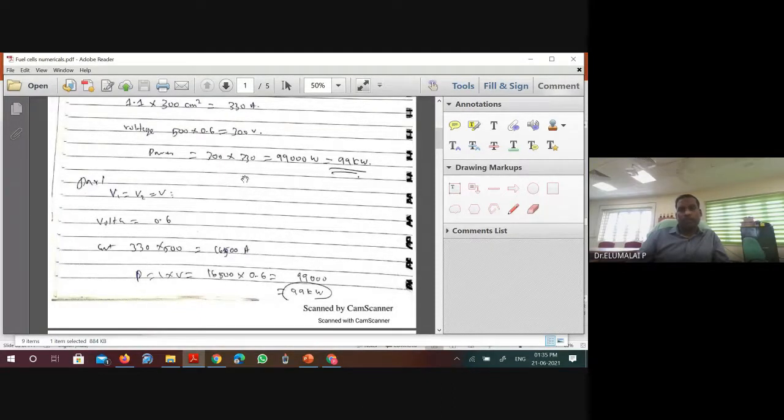What is the difference? This is connected in series and this is connected in parallel. Simple circuit. Here the voltage is 300, and here the voltage is 0.6 volts. But your application demands 300 volts. Which one will you choose? That is the question. It is obviously the series connection, because only that will give you 300 volts. This will give you only 0.6. Power may be the same, but voltage is not.